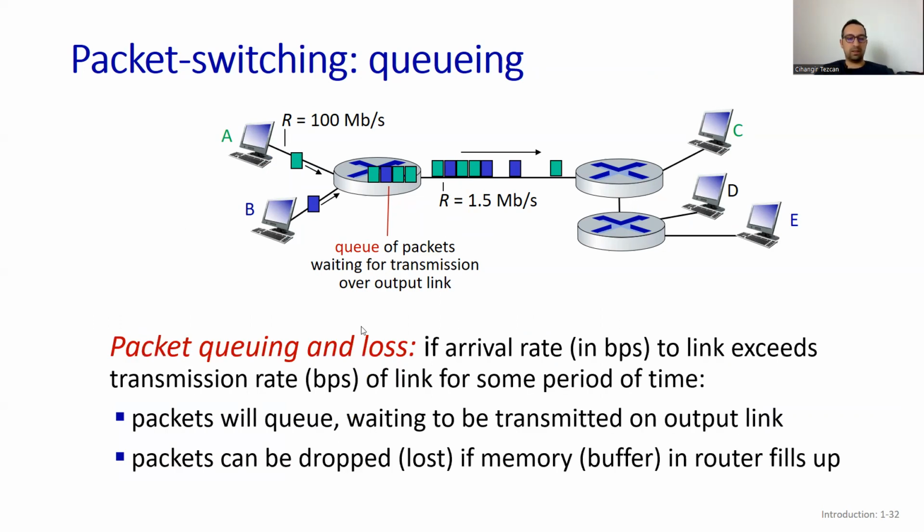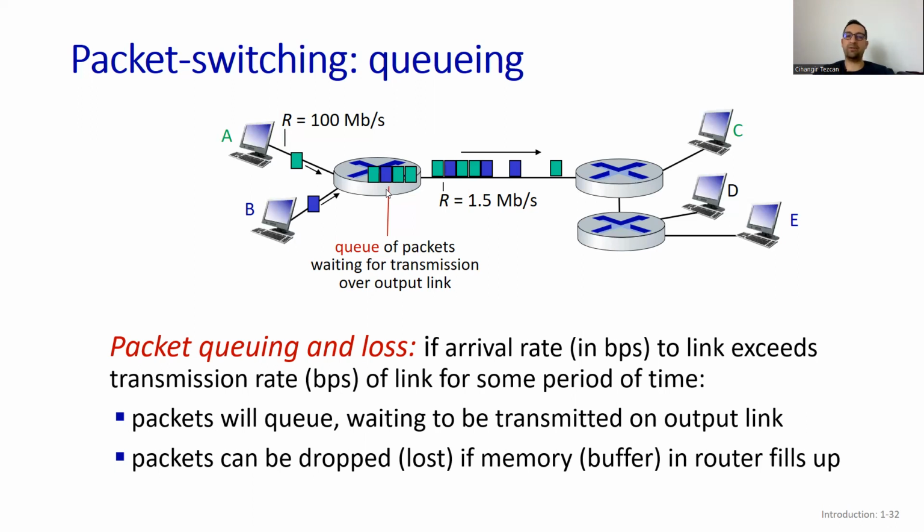And this can cause sometimes loss. If arrival rates in bits per second to the link exceed the transmission rate of the link for some period of time, in this example, this is what is going to happen. Because the link is slow, you can transmit 1.5 megabits per second, but hosts are sending a lot faster, like 100 megabits per second. So they have to queue here, but